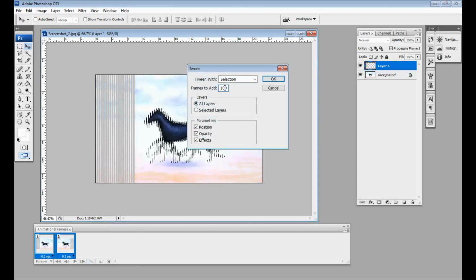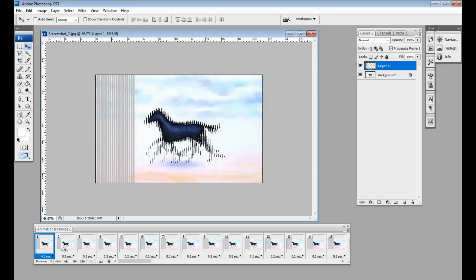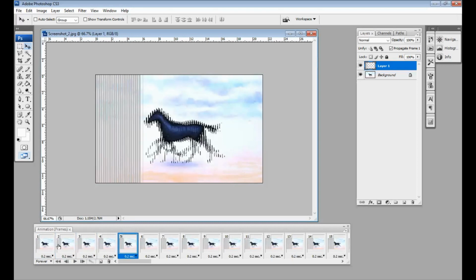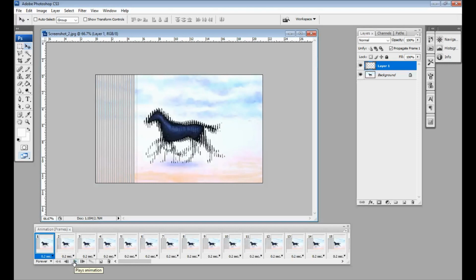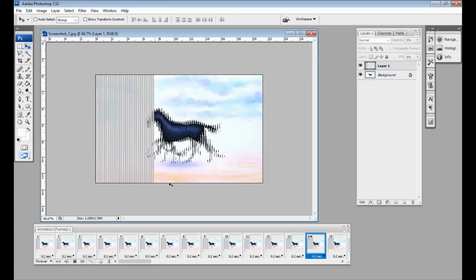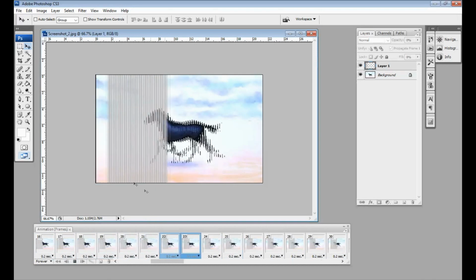Okay, maybe I add 100 frames. Okay, look at the result. Frame 1, 2, 3, 4, 5, and so on. Okay, let's try. I will play here, play animation, and you can see the result.